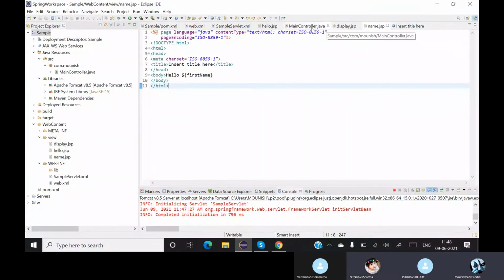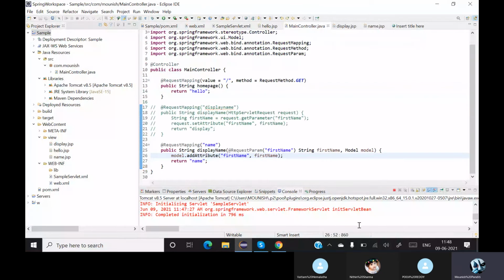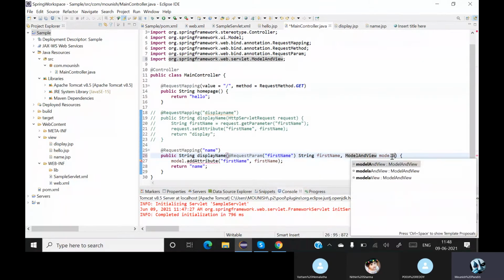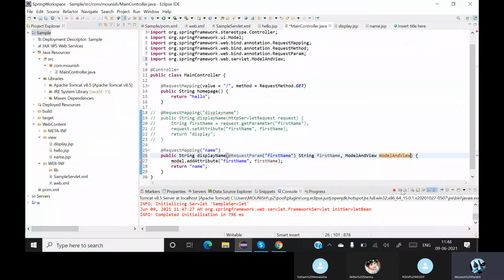Okay. Now let me go back to the main controller over here and we'll optimize the code a little more. Not only this, there is another class which is called model and view. Let me create an object for that, model and view. This model and view I am replacing here with model.